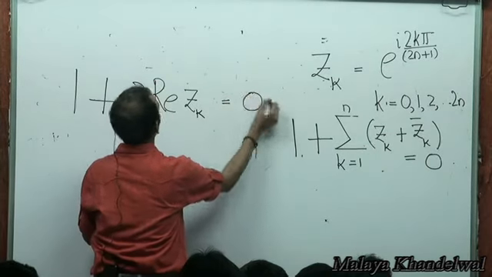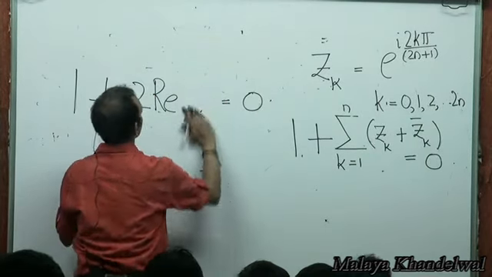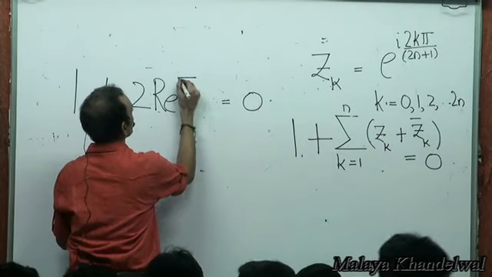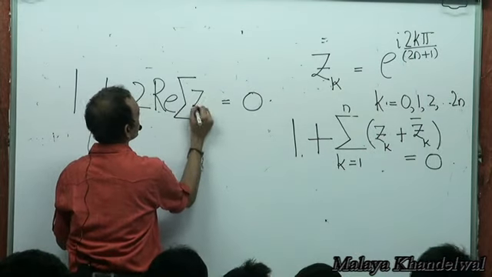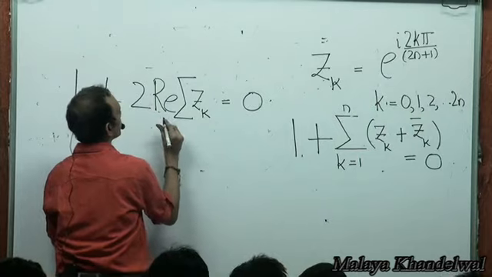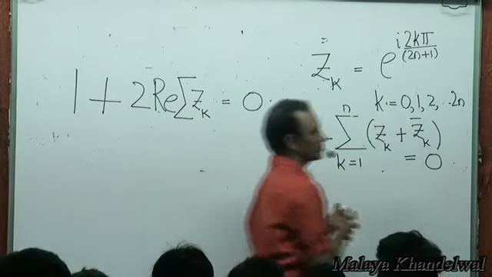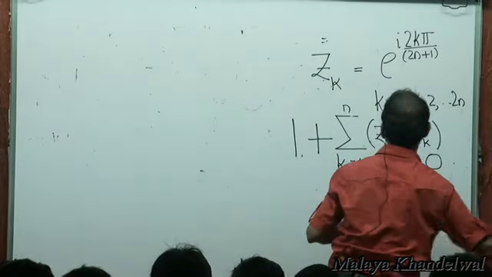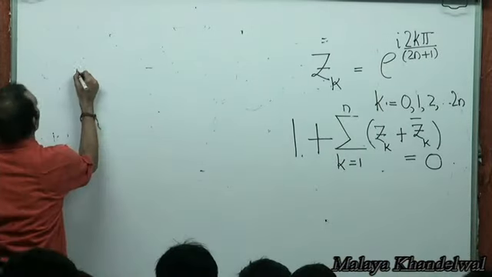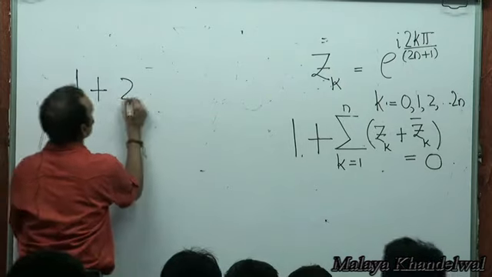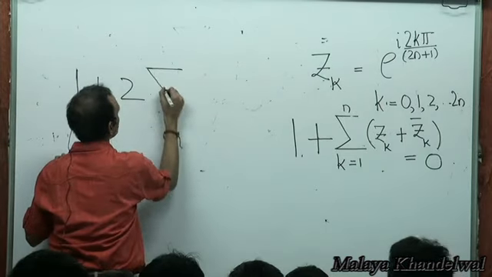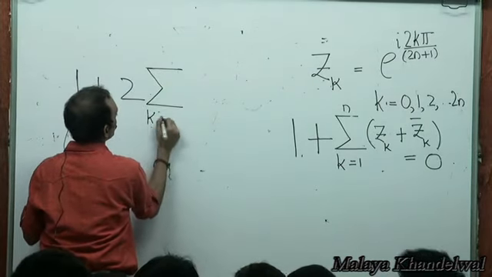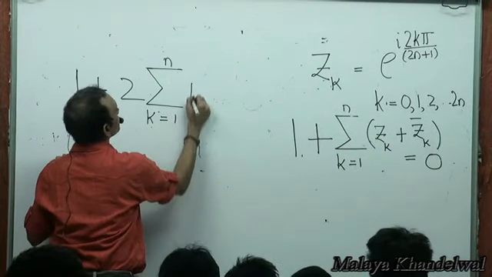Sorry, let me just rewrite this. 1 plus twice summation k equal to 1 to n real zk